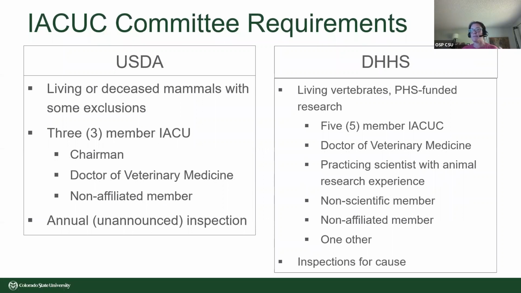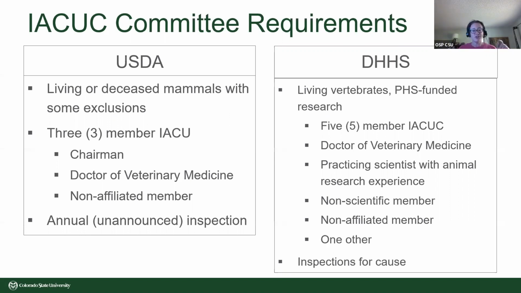Because the applicability really depends on your facility and the sponsoring agencies at your institution. So for example, the National Science Foundation follows the PHS requirements, which is your DHHS requirements, while ONR requires compliance with USDA regulations. So at CSU, because we have so much going on in this area, we're actually compliant with both USDA and